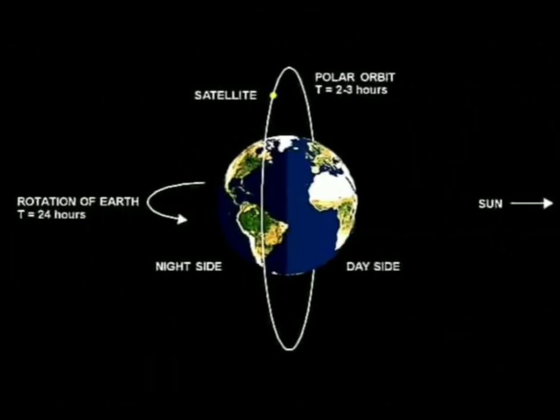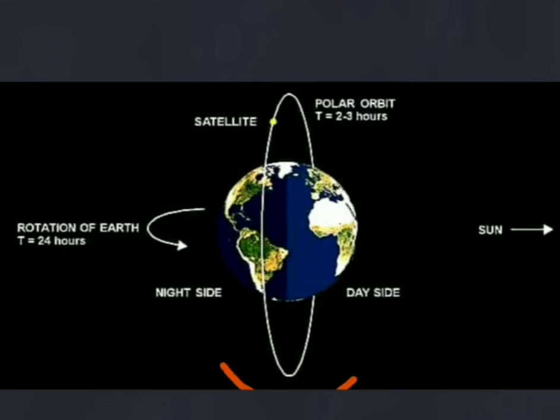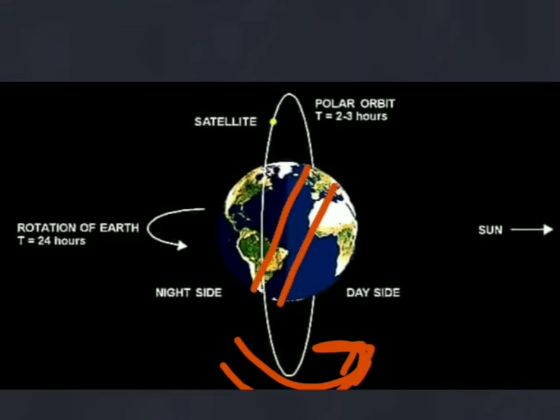Now, one more thing: Earth is rotating west to east in this direction, west to east. When a polar satellite is moving around the Earth, if it is equipped with a camera, it will take photographs, and the photograph of the area will be like this. For example, it's taking the photograph of this portion, this patch of the Earth. Now this is a little tilted, and the reason for this tilt is the rotation, that is the motion of the Earth.